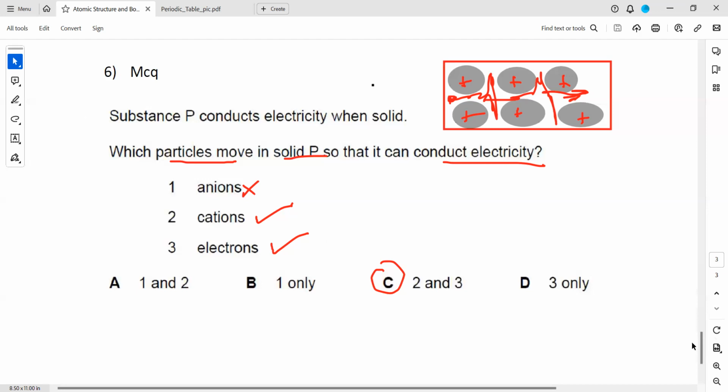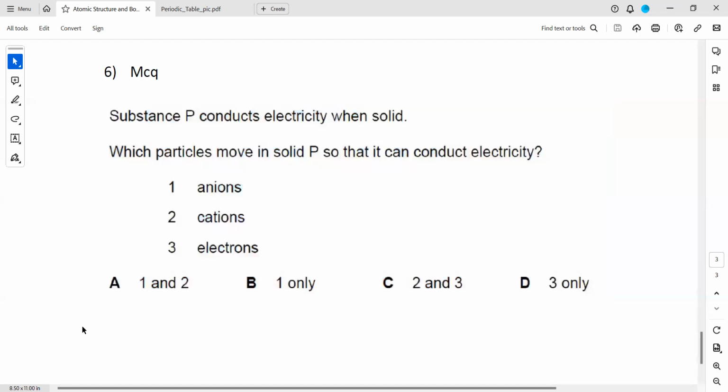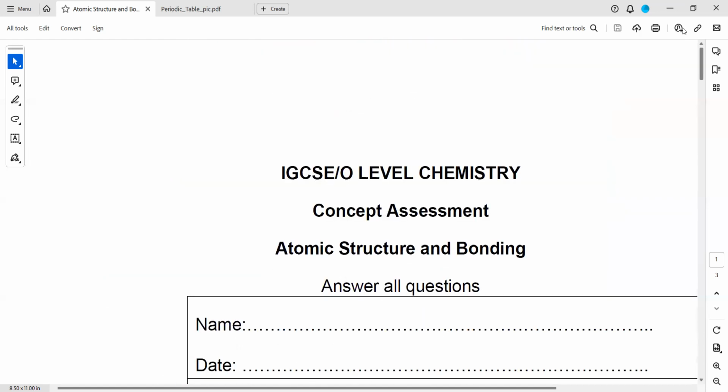Is this one clear? So this was a pop quiz which was related to